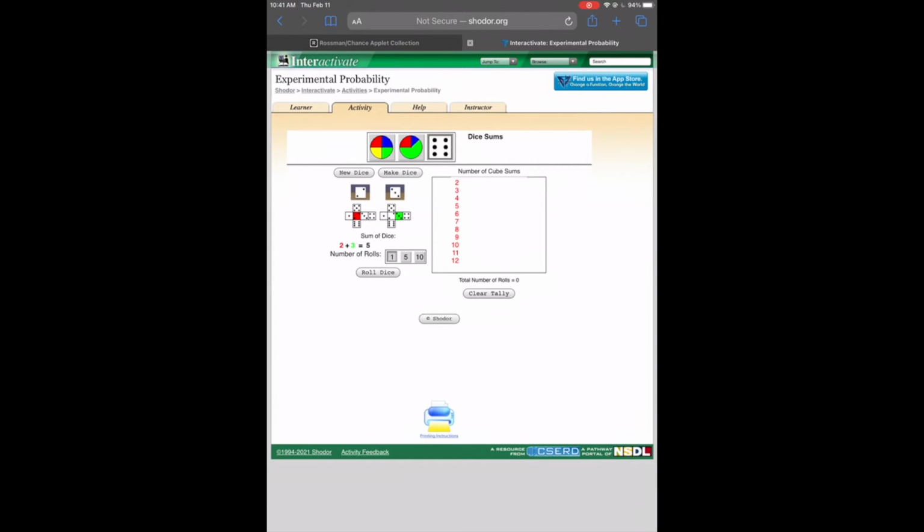To illustrate probability, in this video I pull up a simulation from shortor.org. They actually have a variety of simulators, and what we're looking at here is the dice sum simulation. So what this simulation does is it simulates rolling two dice that are six-sided, balanced, so each side is equally